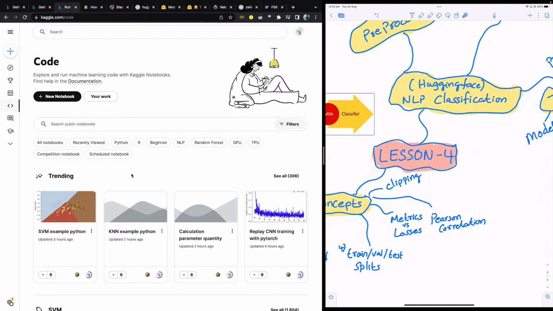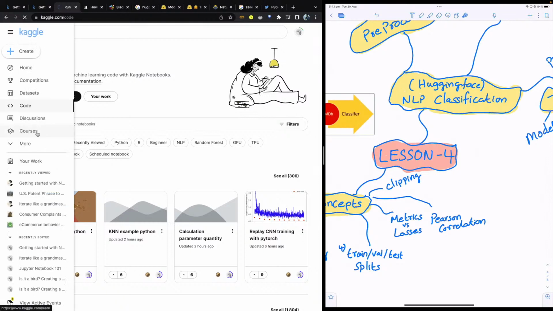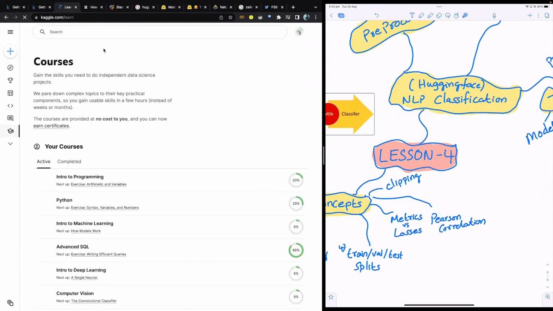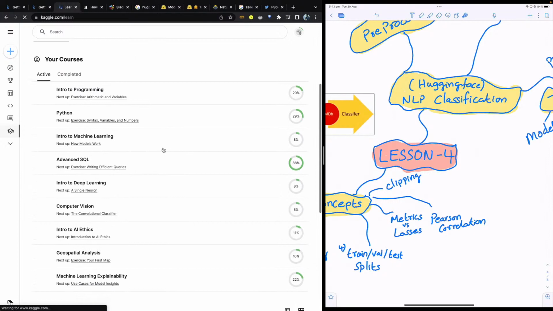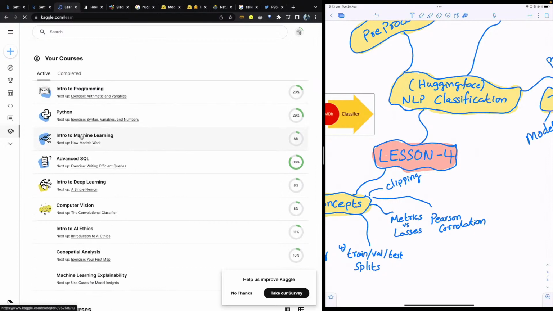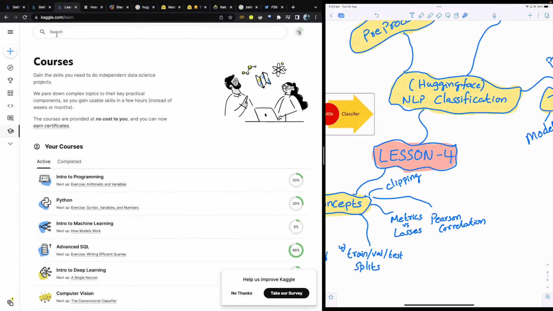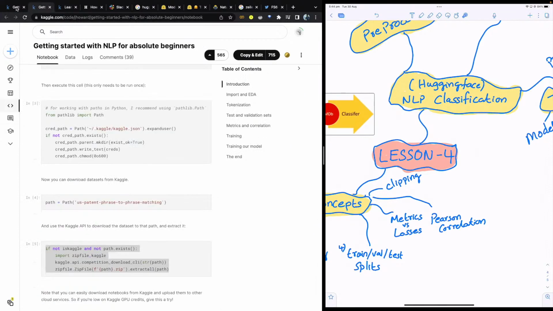Then it also has some courses. They are very interactive. Here you can see lots of different courses on different topics. Cool. And Kaggle also provide free GPUs,